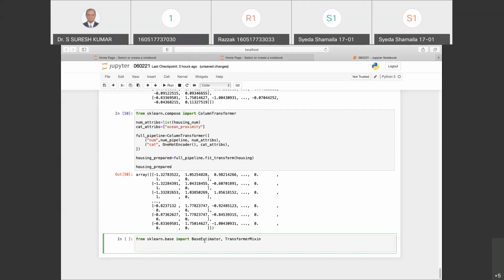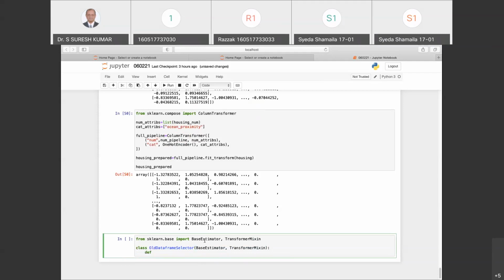The class that I create, I'll say class OldDataFrameSelector, which takes BaseEstimator and TransformerMixin. Making this conditional, I will define three things: my init, the fit, and the transform. And then we will run this old numerical pipeline and get going with this data. So this is basically a little older technique of solving it. I thought let me show it to you.